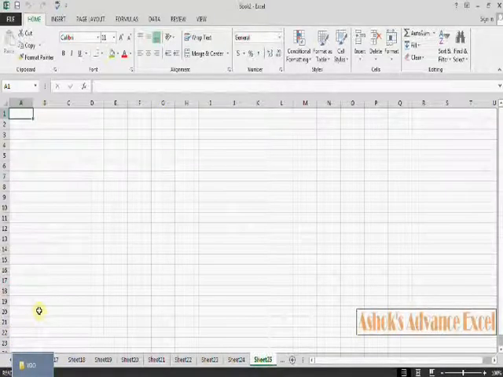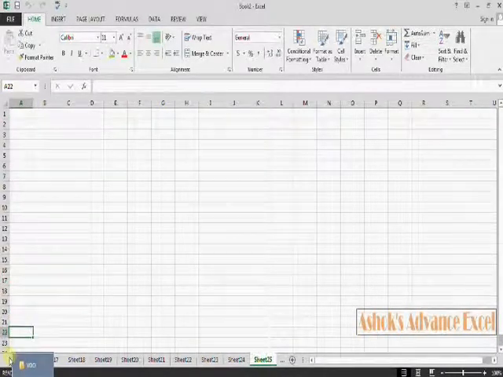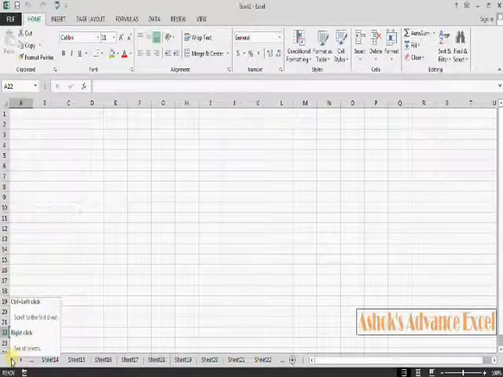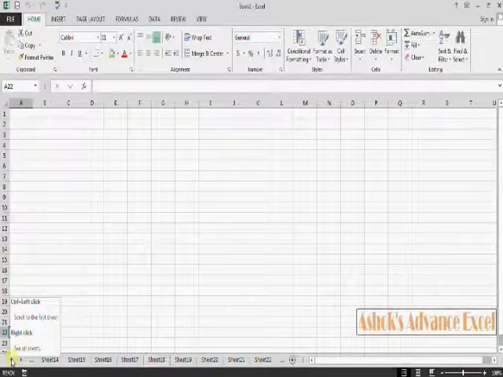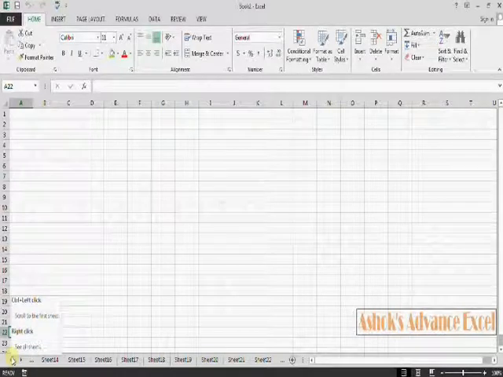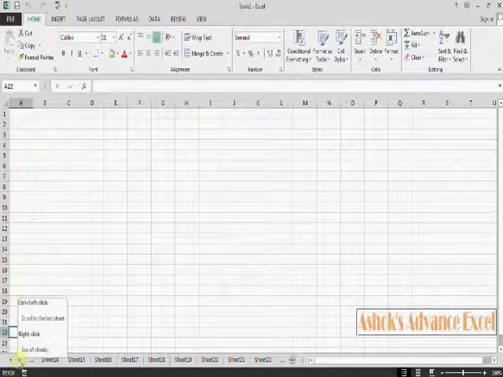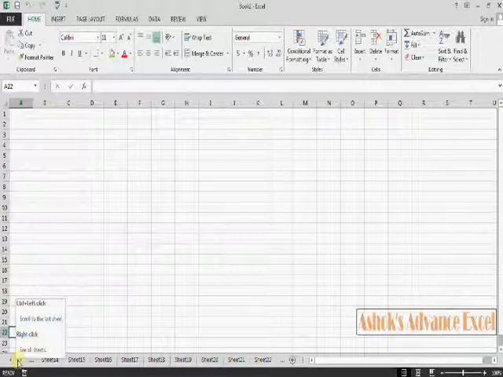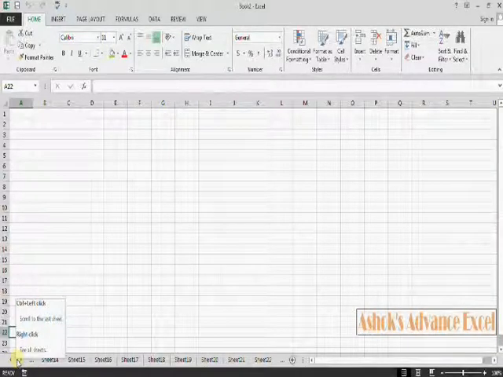Here at the lower left corner, against the navigation bar, only two arrows are here. Just bring the cursor over here and you can see that the navigation bar is not necessary now.